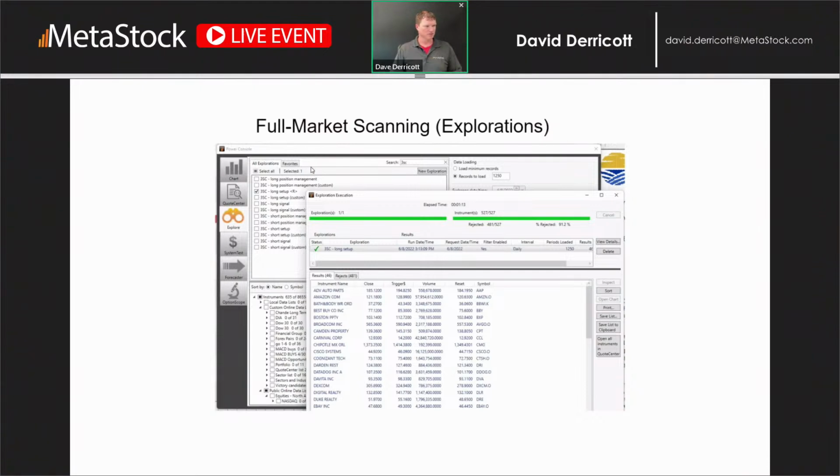So then, like I had showed you already, you have full market scanning. You saw how fast it ran those explorations or scans, it might be a better term for some people. It gives very clear, cut and dry signals, really not much to understand. As long as you understand different types of pattern trading and reversals and pullbacks, this is a great system for that.